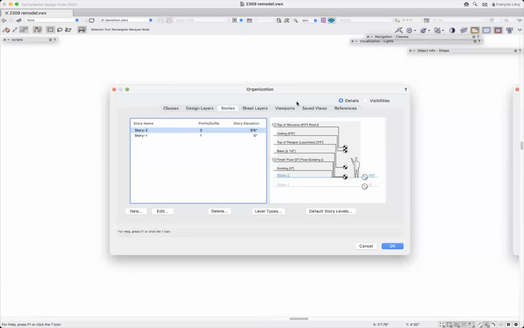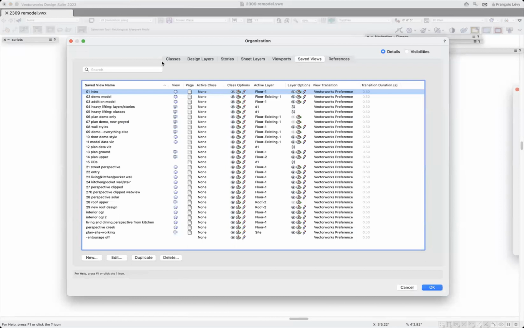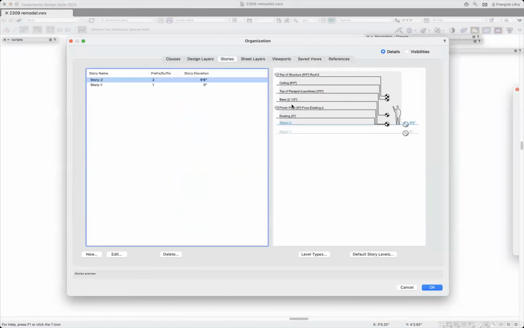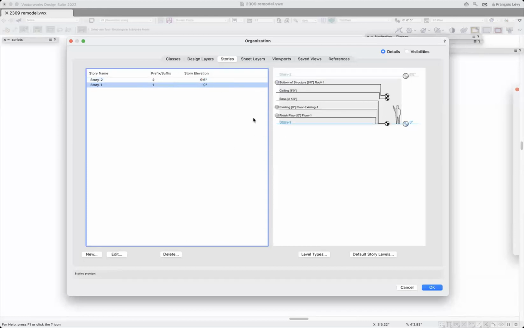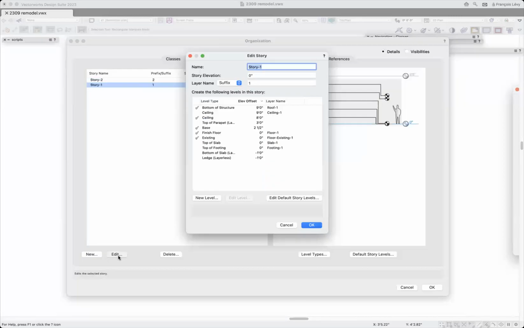When it comes to additions and remodels, it's layers and classes that really do the heavy lifting. I'm showing you a screenshot of my org palette here as a reminder to talk about stories and layers. There are 2 stories on this project, with a floor-to-floor height of 9'6". If we look at story 1 and edit it, you can see